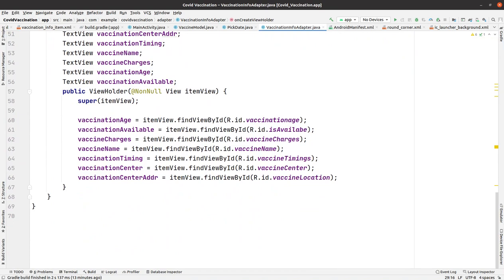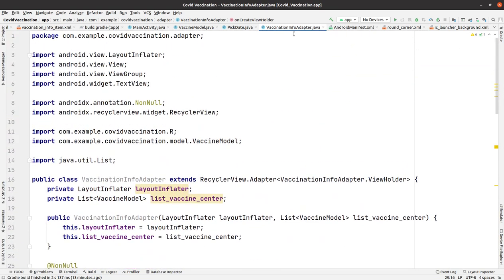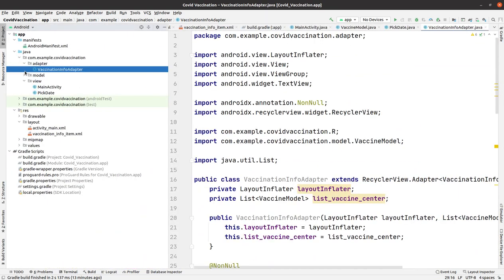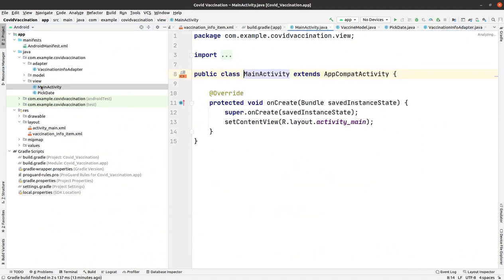Now I'll go to project and then view, then main activity. Okay, so this is the main activity. We'll continue working on